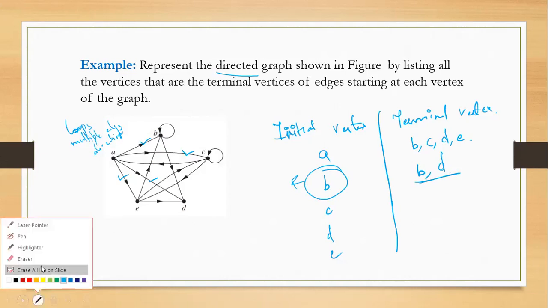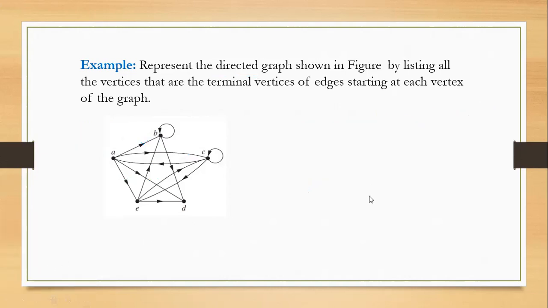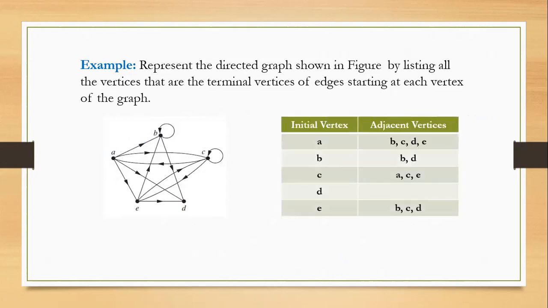Now similarly, you can solve it entirely by yourself. Take it as a practice problem and do it. So these are the solutions you can verify from the same. Now why is D's row empty? Okay, and another thing, in this column there has been a mistake. Please change it to terminal vertices. Terminal vertices, and this table is for us. The name of the table is adjacency list for a directed graph. For a directed graph. And why is D empty?